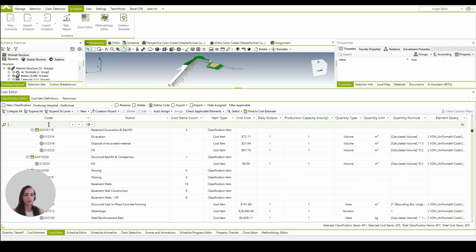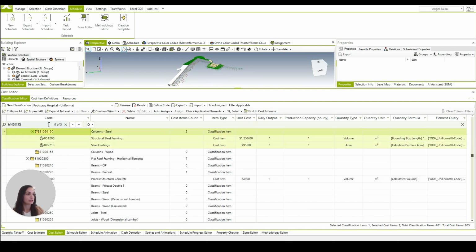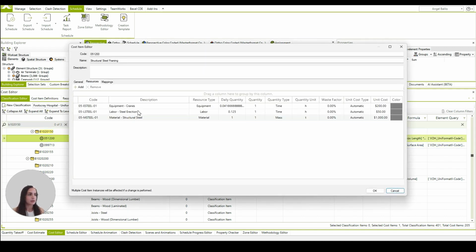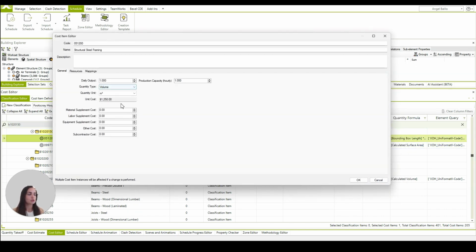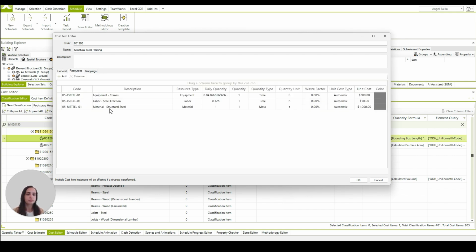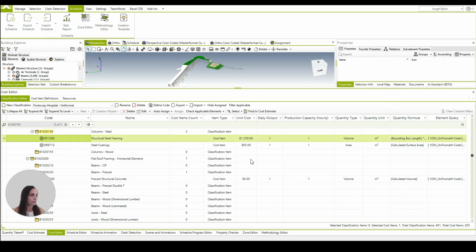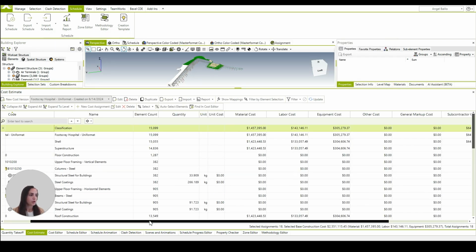For example, if we take a look at B10, 20, 150, which is the steel columns in our own project, by double-clicking over here, we have the general tab, where we are able to insert the daily output, quantity type, quantity unit, and if there's any material, labor, supplement cost, equipment cost, other cost, or subcontractor cost. In the resource tab, we are able to define the labor, equipment, and material resources that are relevant to this exact cost item. Once the cost is linked to the model, as you can see over here, we have a